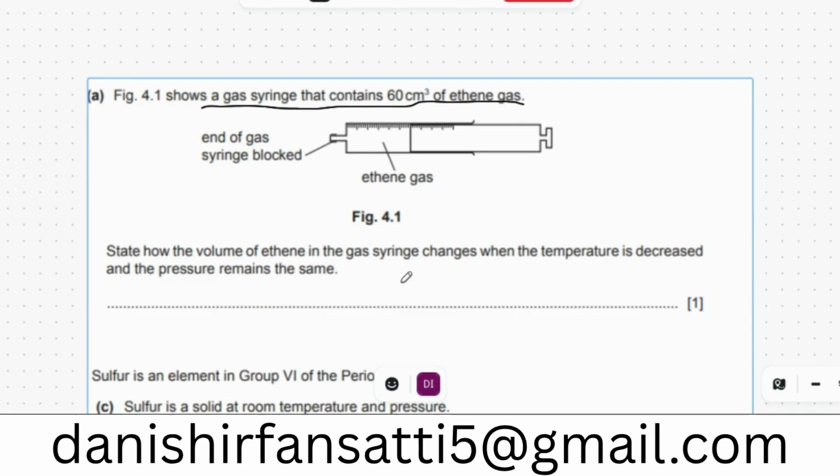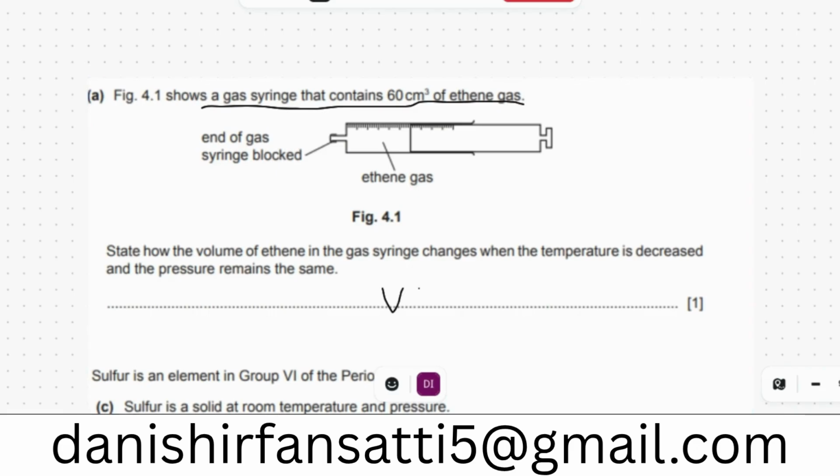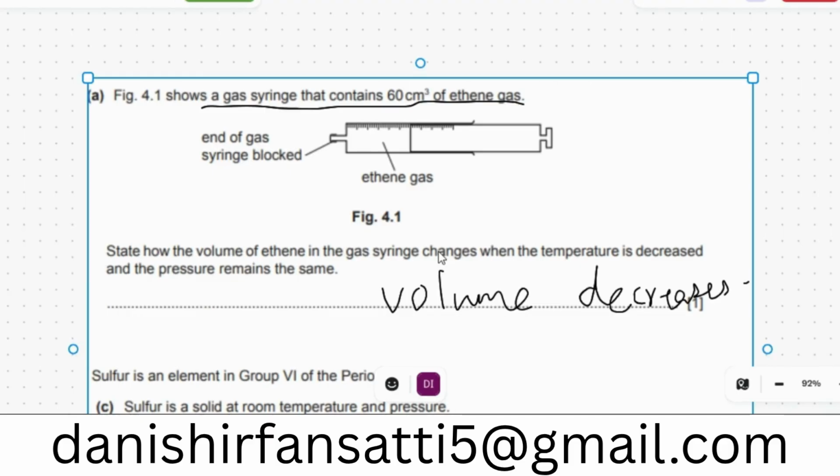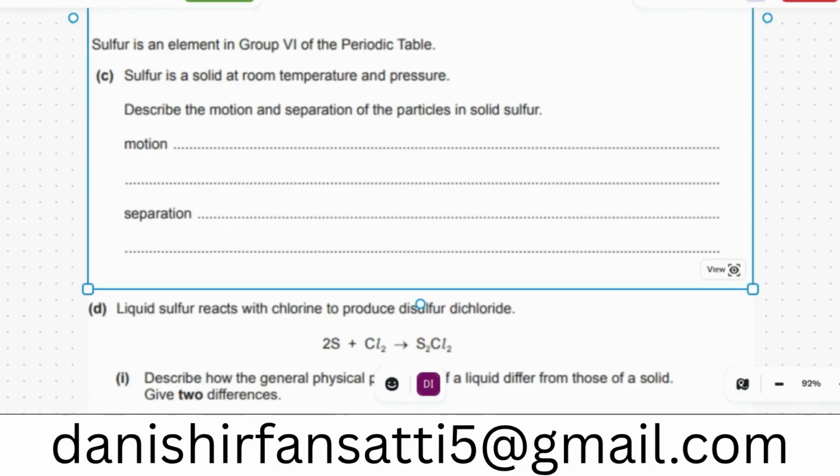constant. We know when the temperature decreases, kinetic energy will also decrease, and if kinetic energy decreases, the volume will also decrease. Volume will decrease. Okay, volume decreases. That is 1 mark for you. Okay, and now the second question is